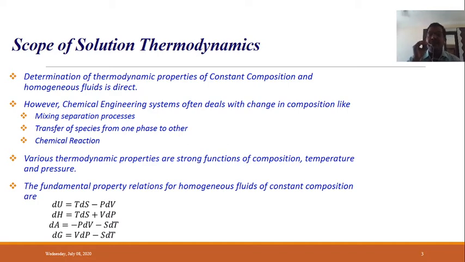So here you will find there is a change in composition in the vapor phase as well as in the liquid phase. But if you consider the total container, you will find it is a closed one. Only energy can transfer, but mass will not be transferred. Already you must have studied closed and open systems. Then chemical reaction. When a chemical reaction takes place, no doubt you will find there is a disappearance of reactants and formation of products. In this case, there is a change in composition of reactants as well as products, and this is a very important example of solution thermodynamics.